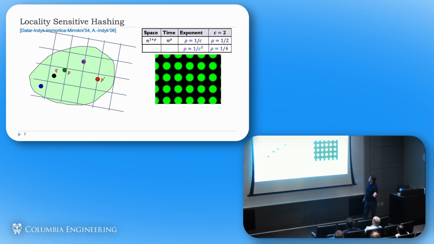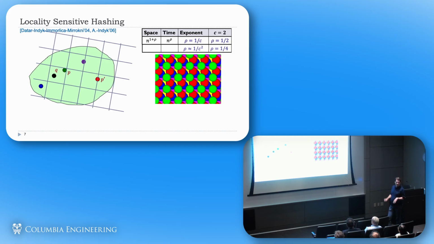Algorithmically, this is an illustration of how you do it. You take a grid of balls, you randomly shift them, and carve out the balls iteratively. This is one instantiation of a decomposition of a two-dimensional space, but this really happens in high-dimensional space. This is something that I did with my advisor a while ago.